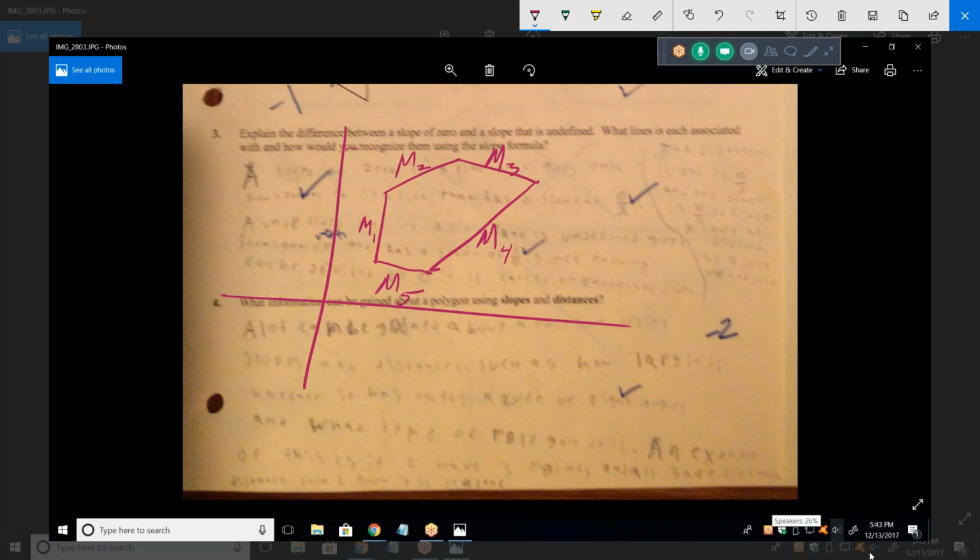Notice that if m1 is the reverse reciprocal slope of m5, then you know that's a right angle. In other words, whenever two lines are perpendicular to one another, they have opposite reciprocal slopes. In other words, if the slope of m1 was 2, the slope of m5 is minus 1/2, assuming that's a right angle. So by comparing slopes, you'd be able to find right angles. And you would also be able to determine obtuse angles. In other words, you're going to be able to tell that's obtuse because the slope of m1 is going to be,